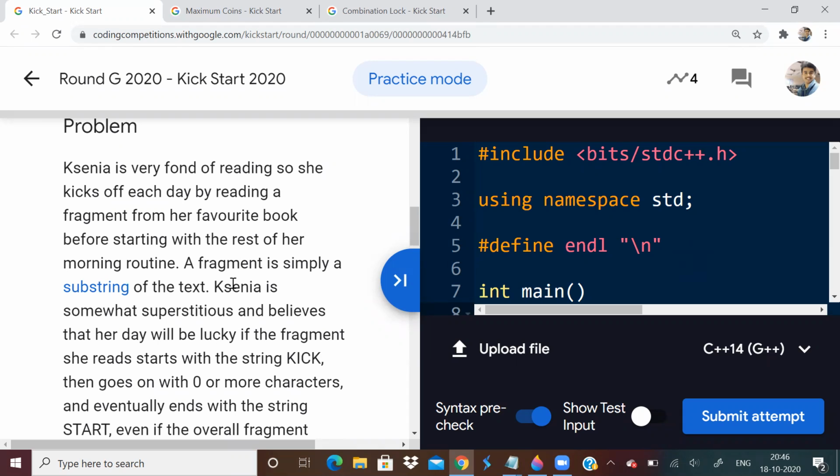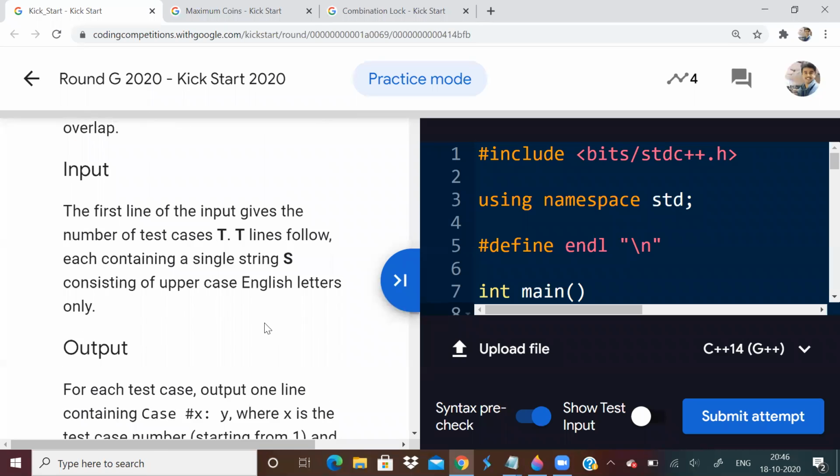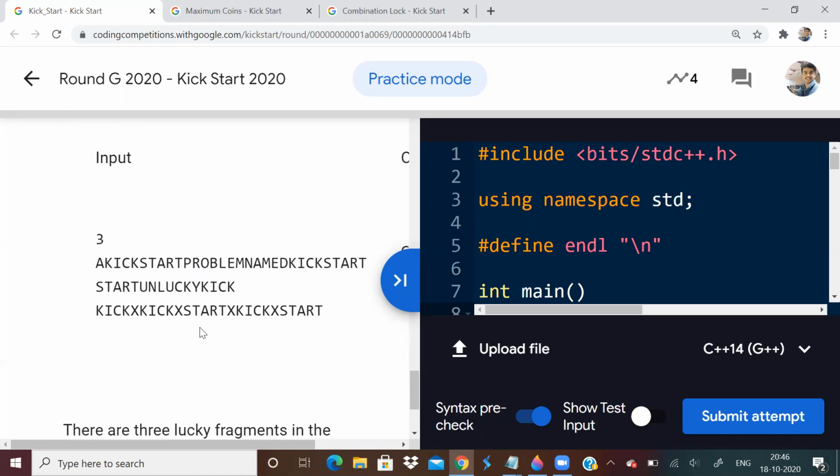So the first problem was based on string. There is a very long problem statement, but essentially what the question is asking is you have to find the number of lucky substrings. What is a lucky substring? Any string that starts with kick and ends with start. So we have to count how many such strings are available. Okay. So the approach I used was